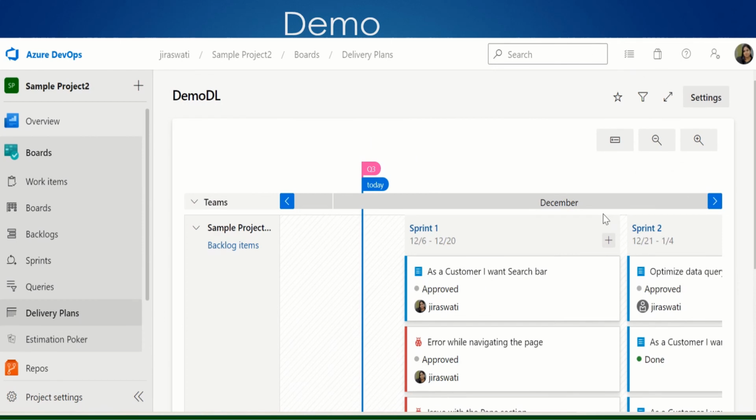We need to keep track of the project uptime, downtime. Based on that we need to make changes in this delivery plan, and it is very helpful to keep track of the feature, and based on the dependency we can give the mitigation plan, and we can remove the blockers on that.